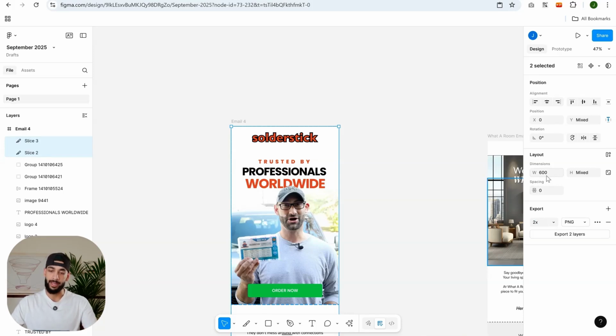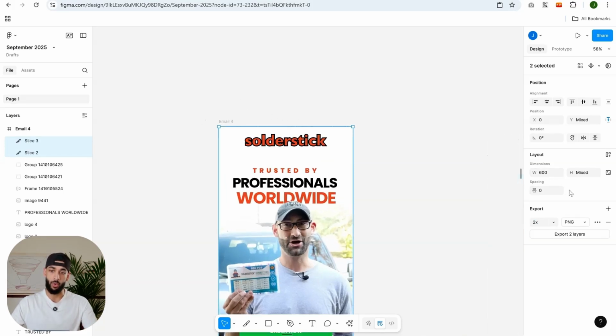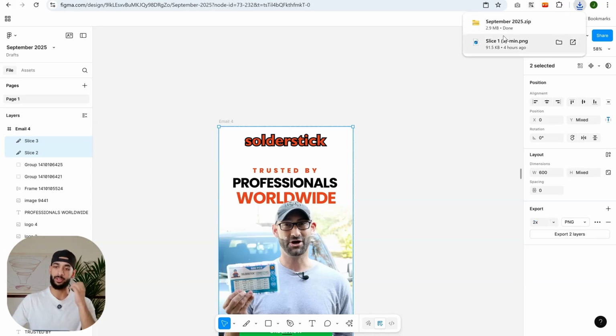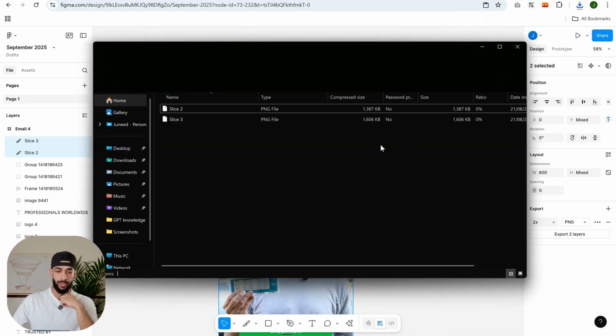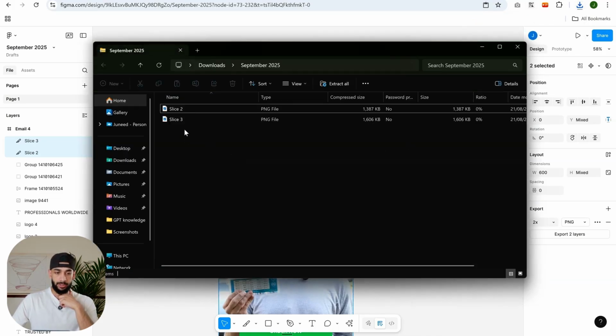But just be careful that if your Figma frame is already 1200 pixels, you don't have to do 2x here, just keep it at 1x. But because the frame is 600, I'm going to do 2x. So just do export. Okay, it's going to take a few seconds, and then it's going to export. And then simply click on it,